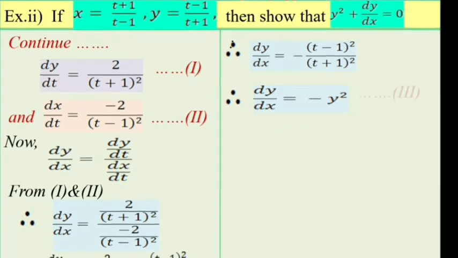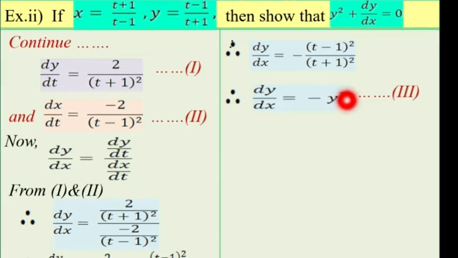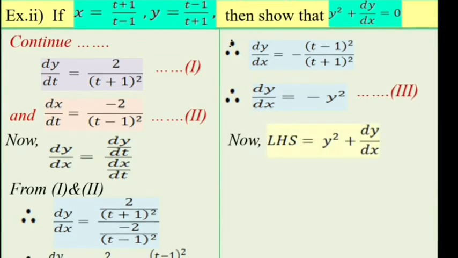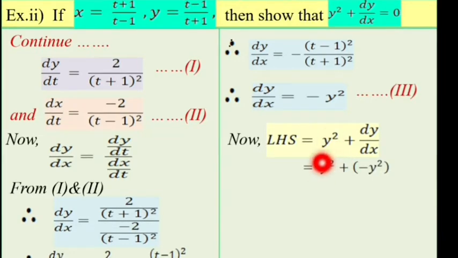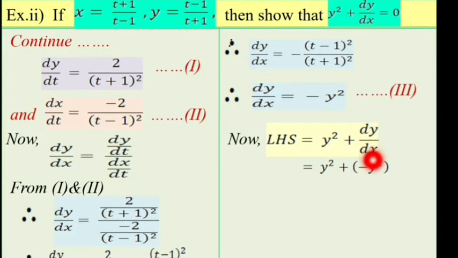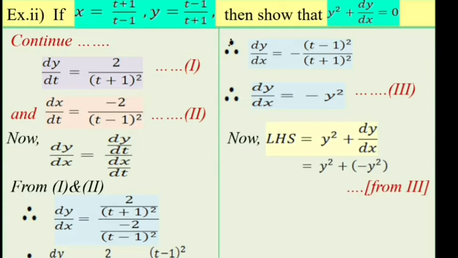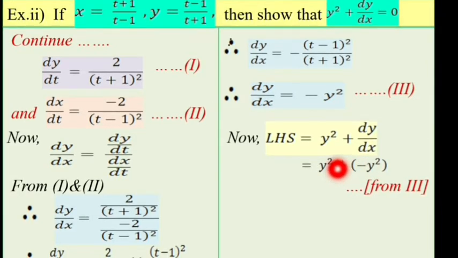Okay, and that is taken to be the third equation. Now we have to show that y square plus dy by dx equals 0. Therefore, firstly take the LHS. Now the LHS is equal to y square plus the derivative of y with respect to x, that is dy by dx, from equation three, that is minus y square. Therefore here we get y square plus minus minus, that is y square